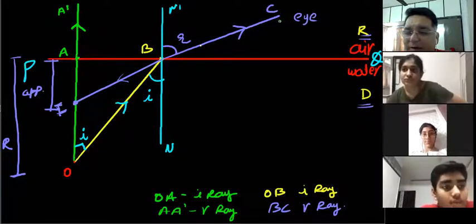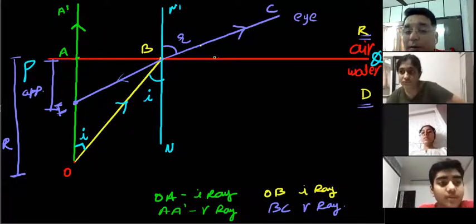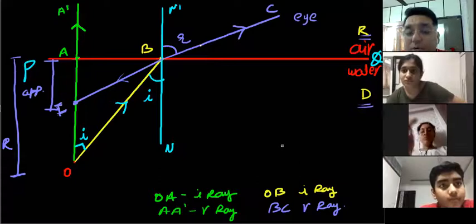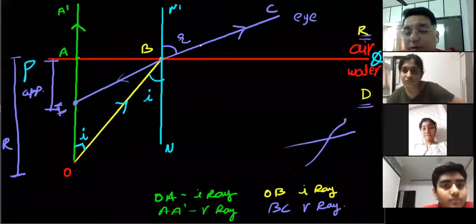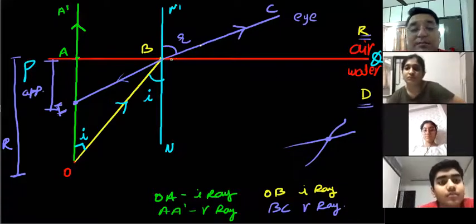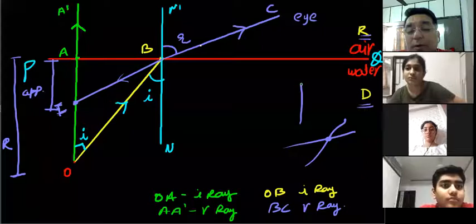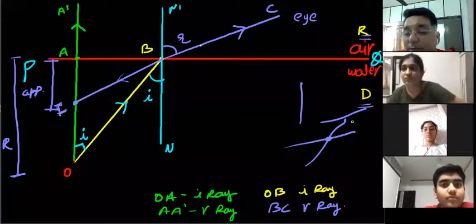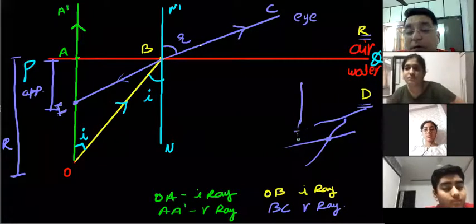This is the normal refraction of light. Now in order to get an image, we need two refracted rays to cross, then you will get an image over here. But in this case, BC is going here and A dash is going here. One ray goes up like this and the other goes like this. They will never cross each other. So what we do is we produce them backwards. Wherever they cross, that will become our image.